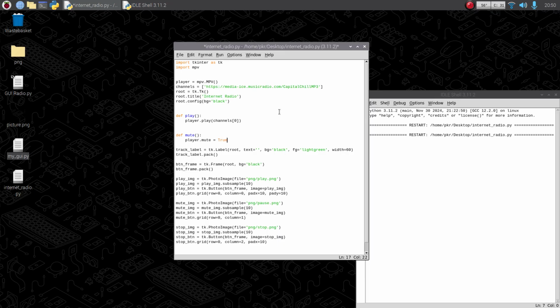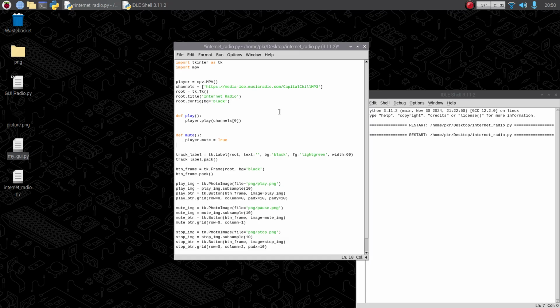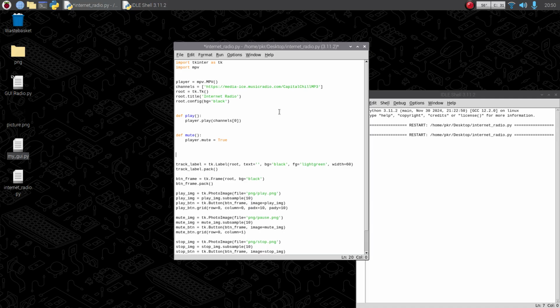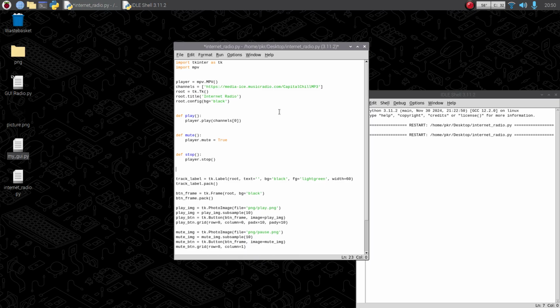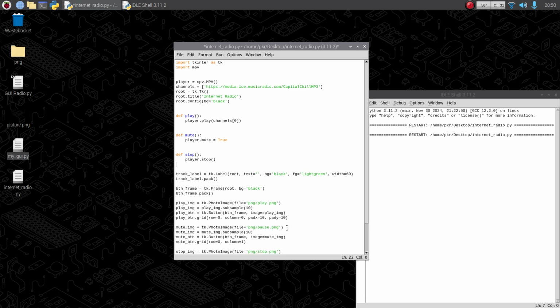That will mute it, but because I want to click the same button, I'm going to edit this function. But first, let's just create the functions. So stop, and basically player dot stop, and that is pretty much all we need in regards to our functions, but we